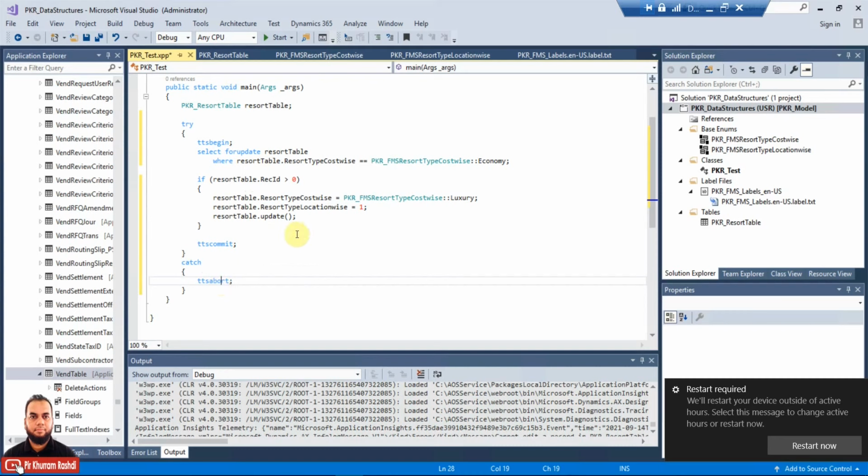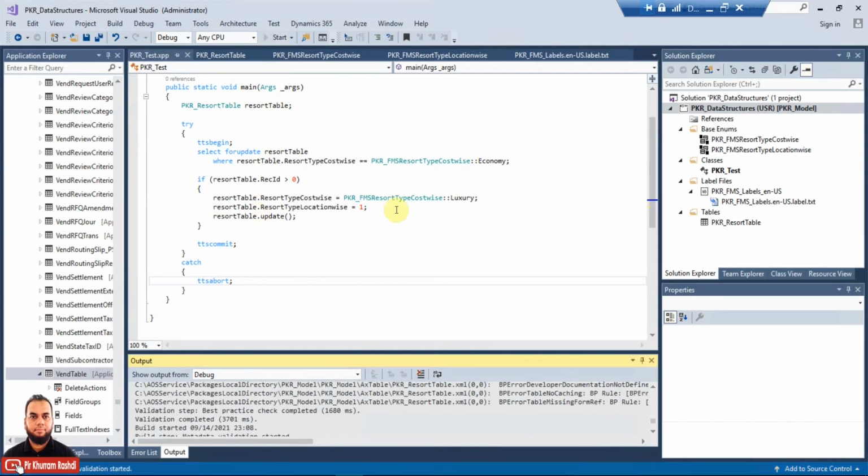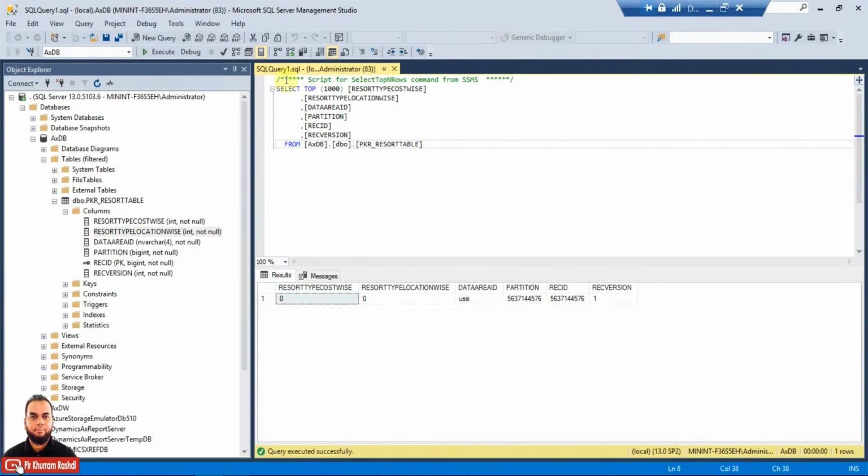So now we will again just start with this one, because now it is inside the transaction. So once again we have run our class, and the class runner is running, and now we'll just execute our query in SQL, and you can see now the values have turned from 0 to 1s.